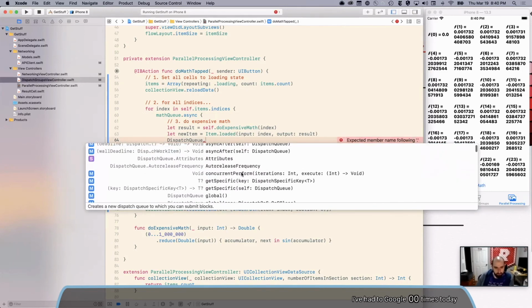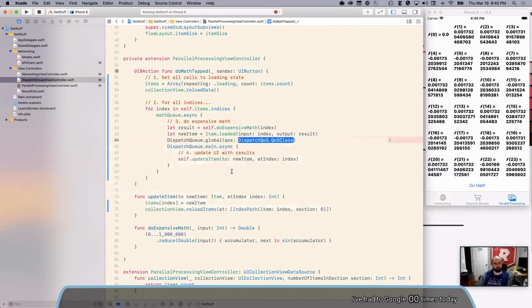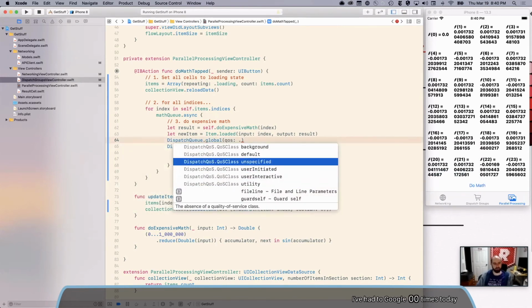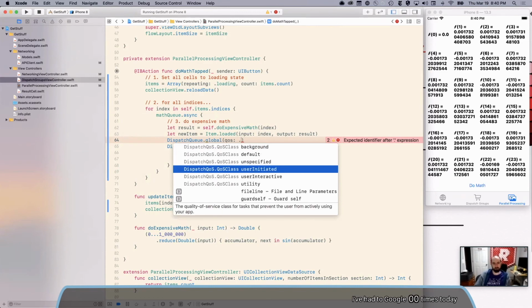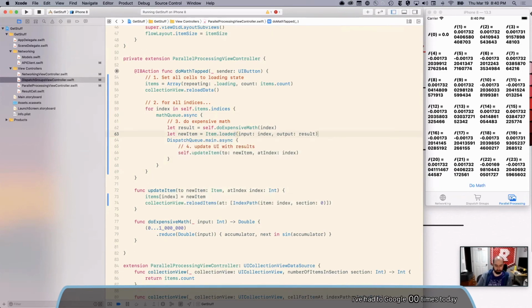I don't use these that often, so I'm not going to remember where to find them. Oh yeah, so there's global. Oh yeah, this is what it is. So I can get a global queue with one of those quality of service classes, and it's like some queue that already exists somewhere in the system, and it will go and get it for you. Like, hey, give me the background queue, give me the user initiated queue. And I think that's more likely what you want to use rather than specifying it yourself.